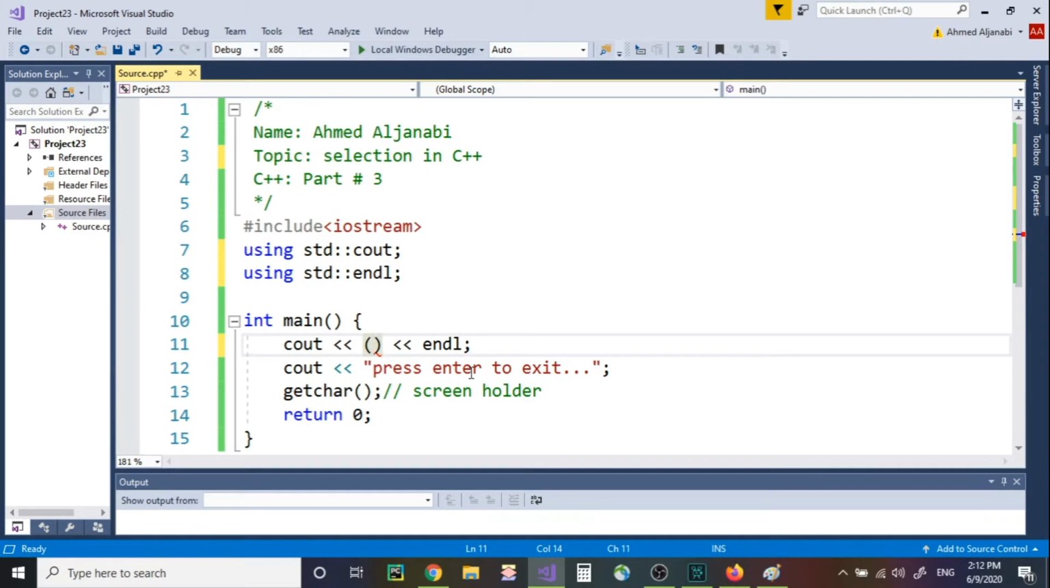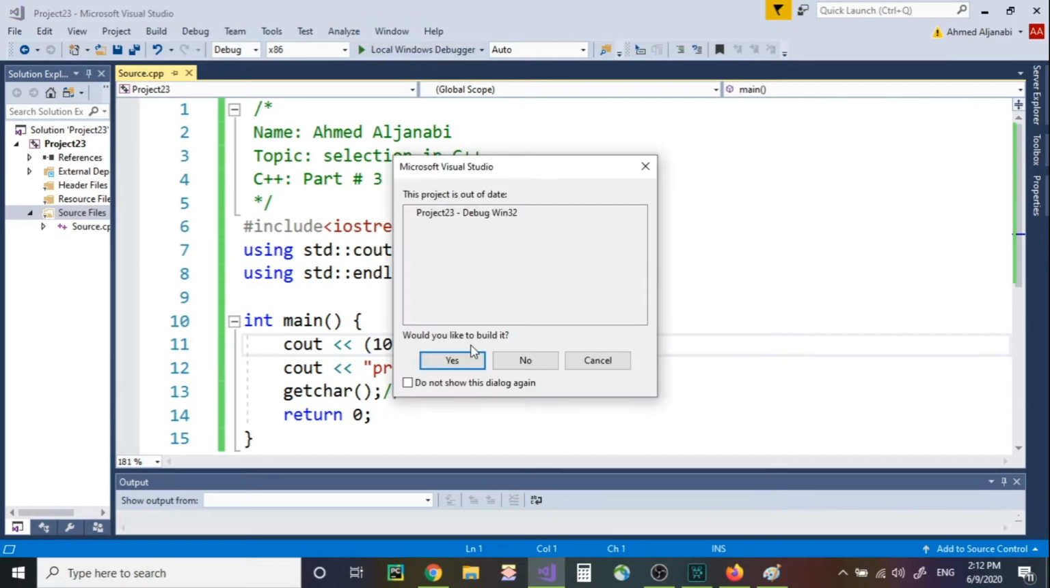Now, look at this. 10 is greater than 5. This here is a Boolean expression. I am comparing the value of 10 with the value of 5, and I'm asking whether this expression is true or false. Well, of course, it's true. Now, in C++, anything that is true is interpreted as 1. Anything that's false is interpreted as 0. So if I run it,